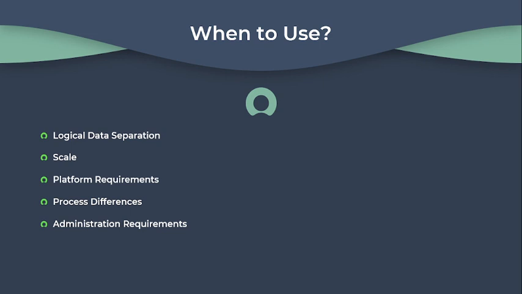Then when to use? The recommendation is to thoroughly examine whether domain separation is the right solution for you. There are plenty of alternatives that may achieve what you need without the additional admin headache of going full domain separation. Alternate solutions could include before business rules, access controls, filters, security on related record, custom views, form layouts, notification, UI action condition, advanced reference qualifier, ticket to ticket, e-bonding to external systems.